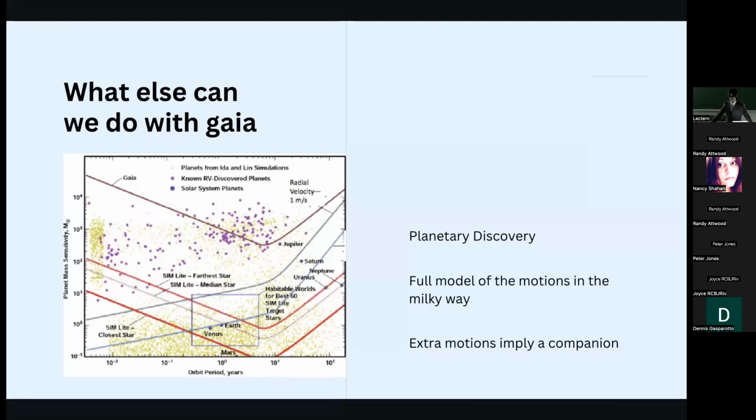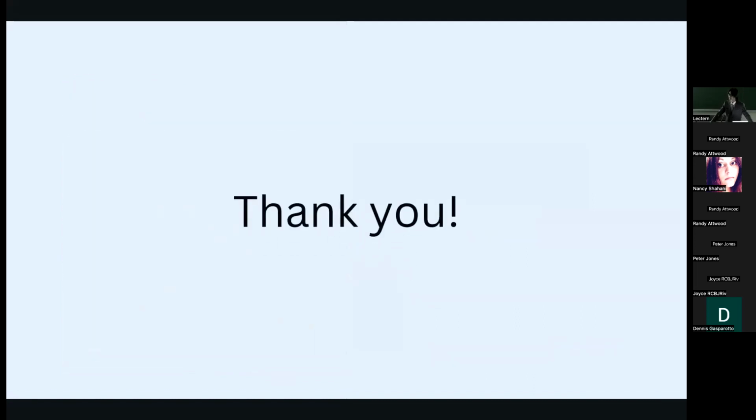Basically how this is done is because we measured those proper motions and radial velocity, we're able to find its 3D motion, but there can be some extra motion caused by an unknown source, and that can be readily inferred as a companion, which are these exoplanets. We can discover new exoplanets, and it's always very exciting to find new things. So yeah, that's basically it. Thank you.